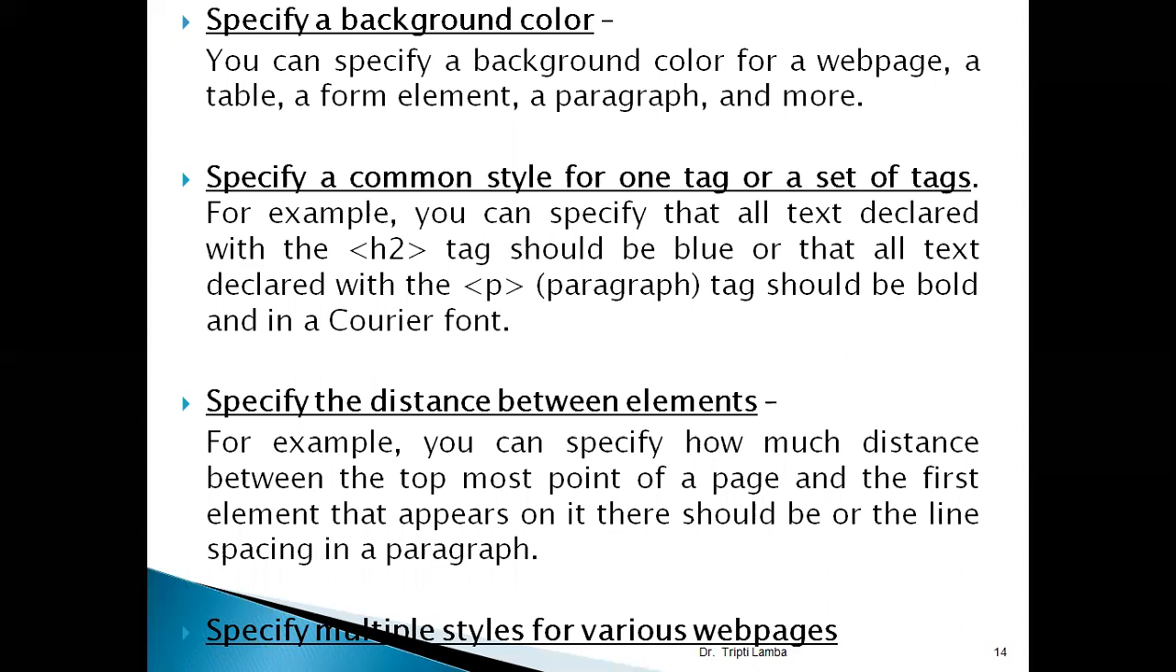Suppose I'm a web developer, I have created 2 or 3 websites. In those different websites, I created one CSS. I can call that particular CSS, that particular style, in my 3 different websites, as we used to call a function in other languages. In a similar way, your CSS provides that. So it specifies a common style for one tag or a set of tags,